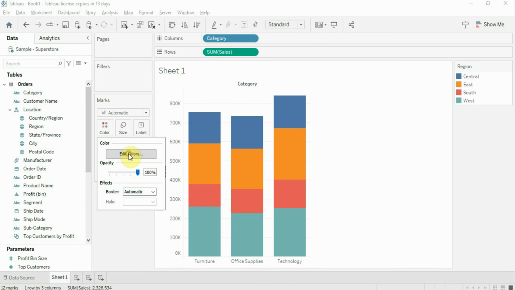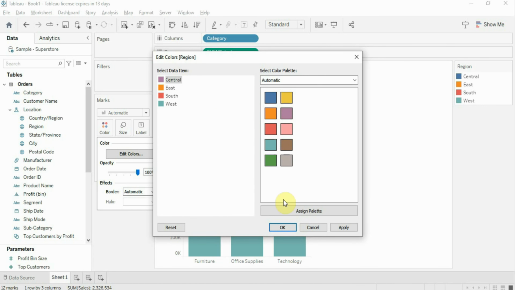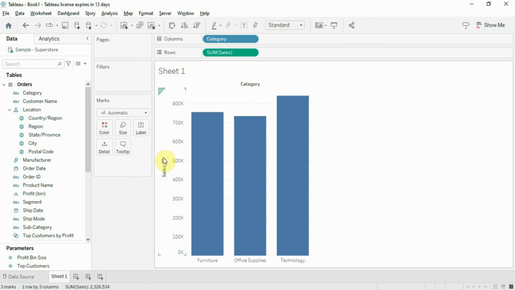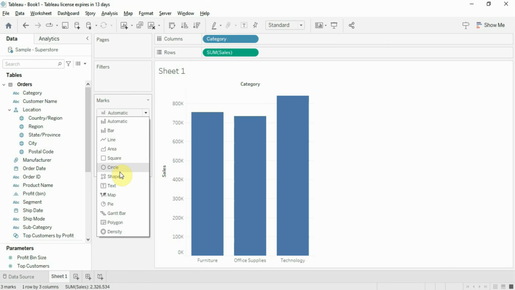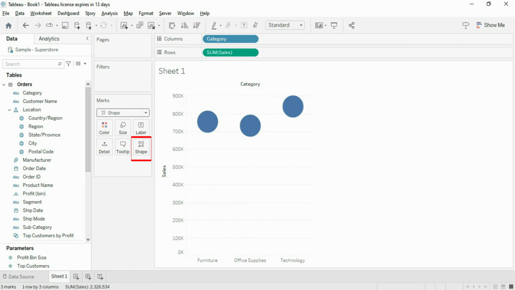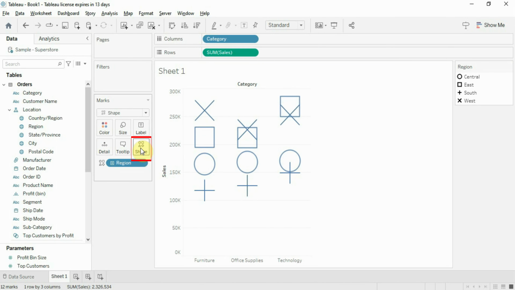Using color settings, we can change the color and set its transparency. Shape legends. When we drop a field on shape, the shape legend comes up, showing what shape belongs to which member of that field. Central is shown by circle, east is shown by square, and so on.